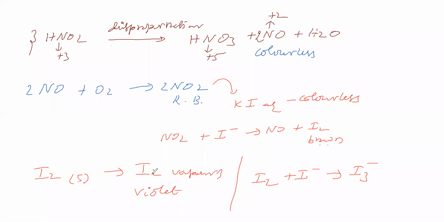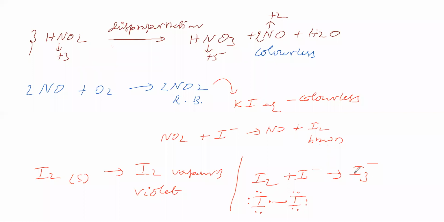Sir, okay. Now what is I3 minus? How will I3 minus be there? Halogens are diatomic molecules only, no? Halogens means F2, Cl2, Br2, I2. Why do halogens exist as diatomic molecules? Iodine comes under group number 7A, so its valence shell has 7 electrons. It is in need of 1 electron, hence it is making 1 bond. So iodine will exist in diatomic form.